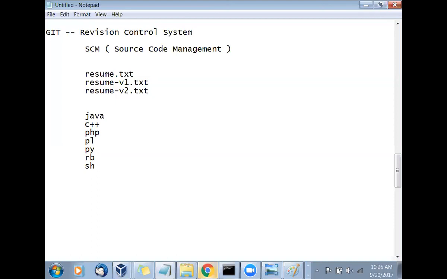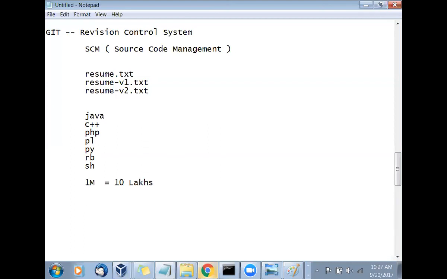Whenever you are talking with US people, you have to talk in millions and billions. Don't talk in lakhs and crores. They don't understand lakhs and crores. Now you have 10 lakh files in your project. How will you manage the version of each file? How will you control and do the work on these files? Practically, it is very difficult to go manually and do all these things.